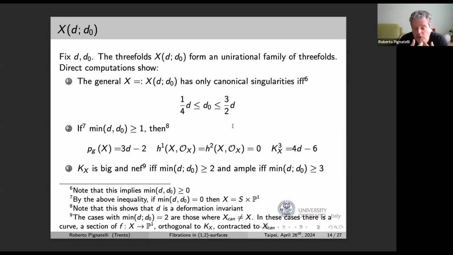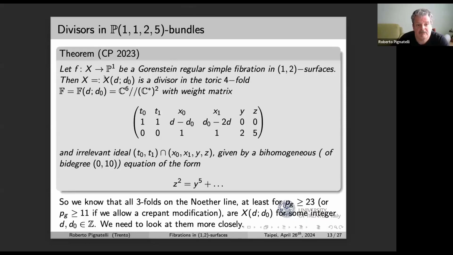So now we have a lot of trifolds, a lot of unidirectional families of trifolds. For each value of D0, what I get, let me go back, is a family of divisors. What I get is an open subset of the linear system of the divisors of bidegree D0, D in a fixed trifold, for fold changes when I change D in D0. But then for each of these, I take a unidirectional family, which is an open subset of this, which of course may be empty, because I have to assume that the general element, in fact,